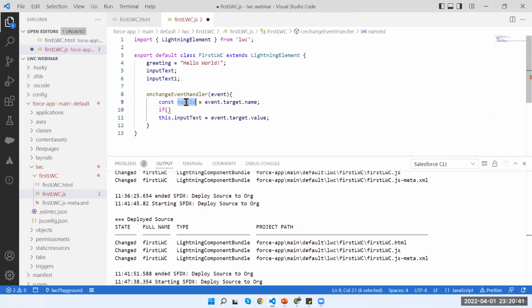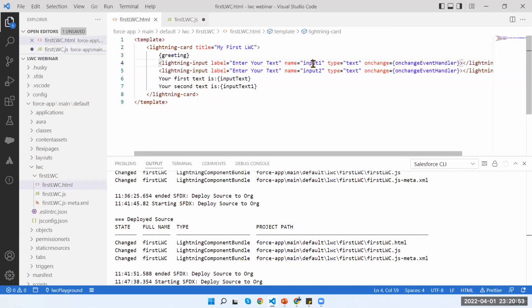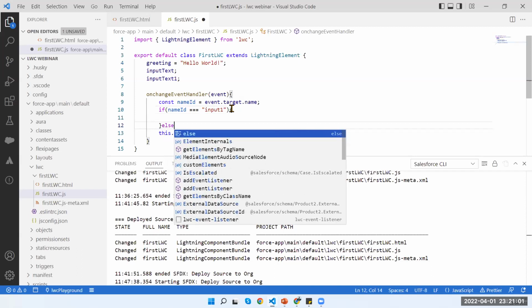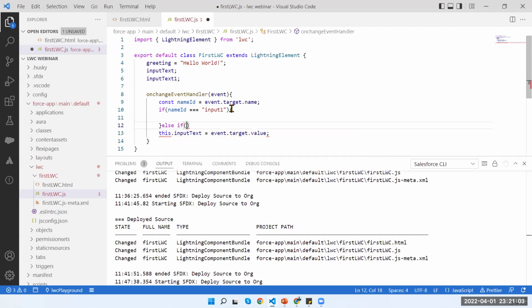If you get the name here, if nameId is equal to input, same way,